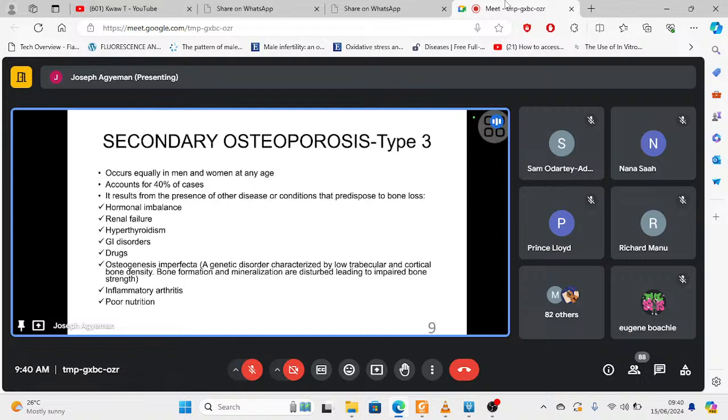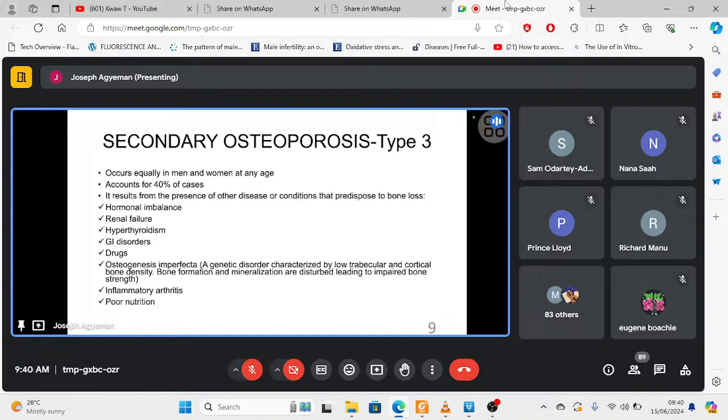Your bone contains collagen, which is protein in nature. So the proteolytic enzymes can destroy your bone. That is, the collagen within your bone could be destroyed in rheumatoid arthritis,